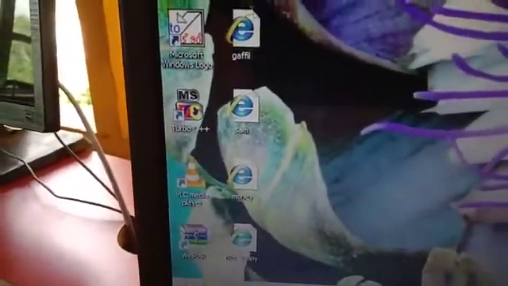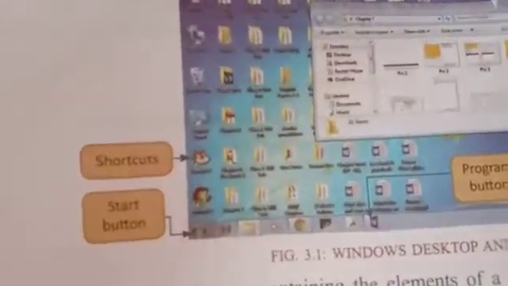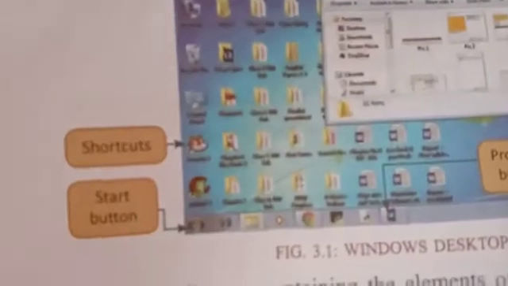These all are the shortcuts. See here, the blue sign, this blue symbol, the blue arrow. 1, 2, 3, 4 and 5. Where this blue arrow comes, these all are shortcuts. See here, children, where shortcuts are written, the blue arrow came.